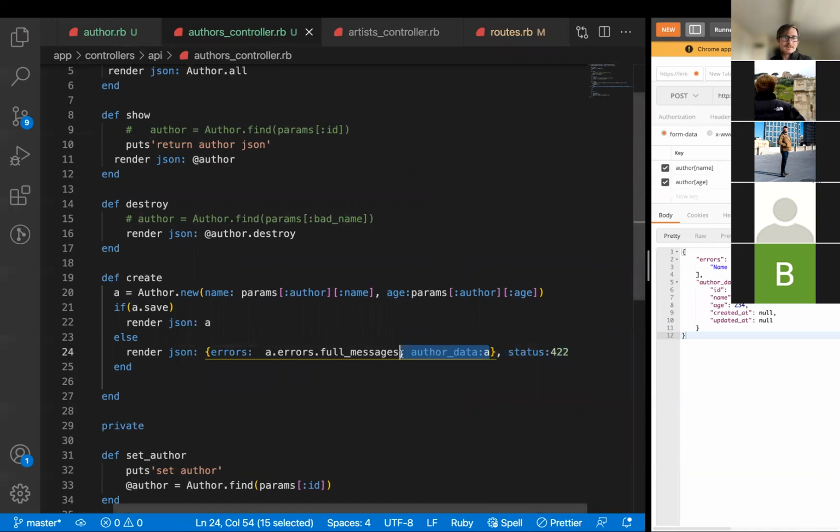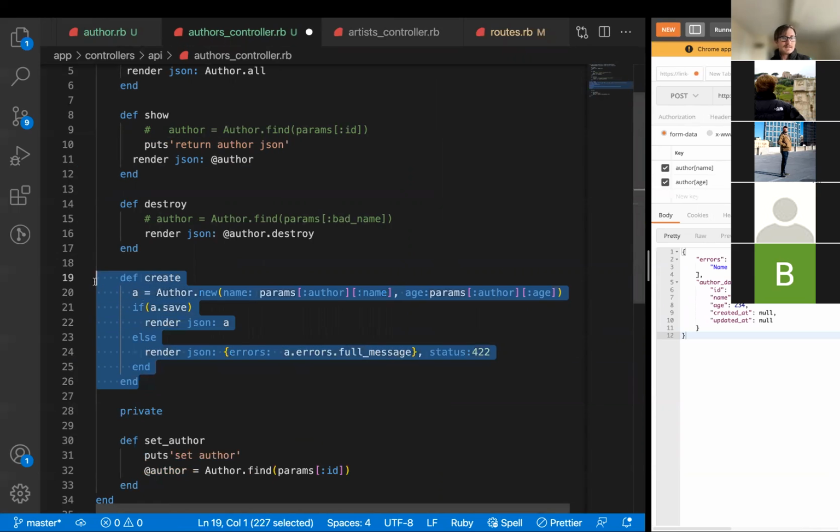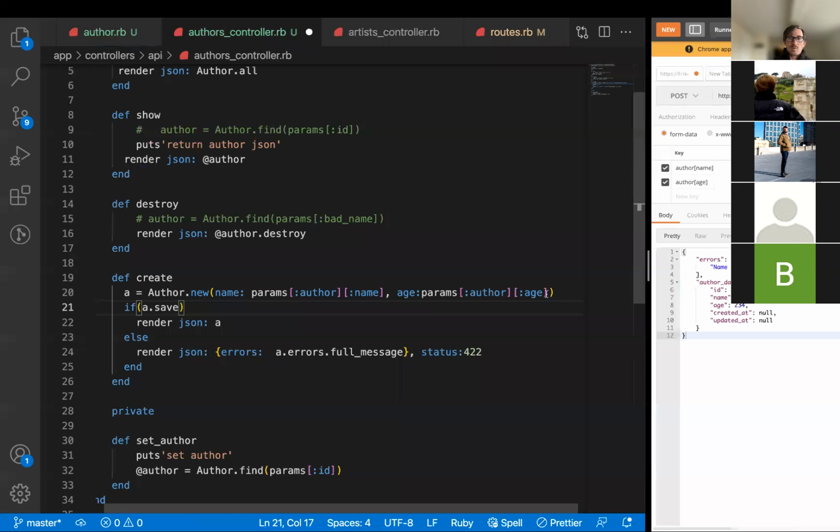I'm not going to do that either. Just send that back. Cool. So now let's go to our update. Or actually, let's look at this. So this is one way I could do this, but